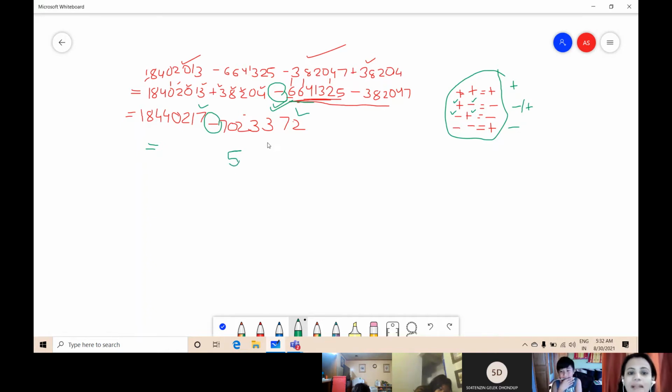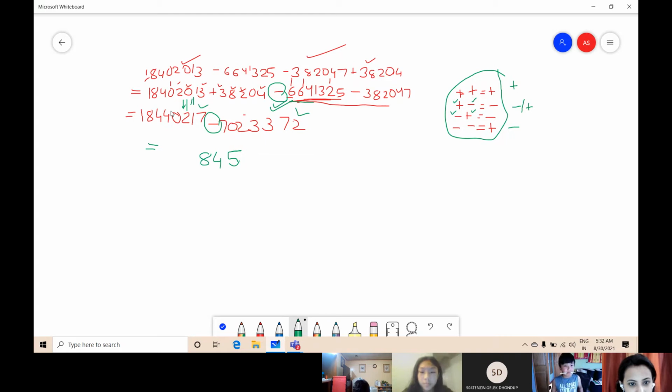Now 1 minus 7. Here is 1 and 7 is bigger number. So we'll make it 11. Now 11 minus 7 will be 4. So in the tens place I will write 4. Now see the 100 place. In 100 place here is 2 and here is 3. So if we have given carry here, it will become 1. And 1 is smaller number, so we will take one carry and we'll make it 11. Now 11 minus 3 will be 8. I will write in the 100 place 8.